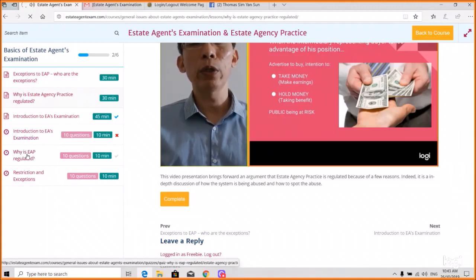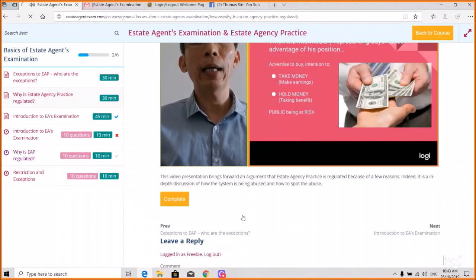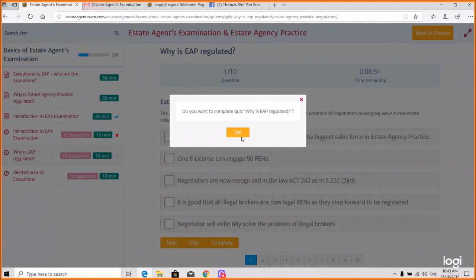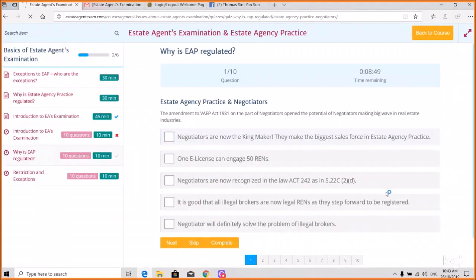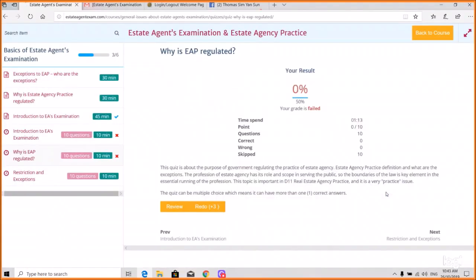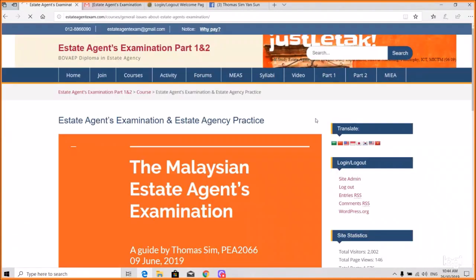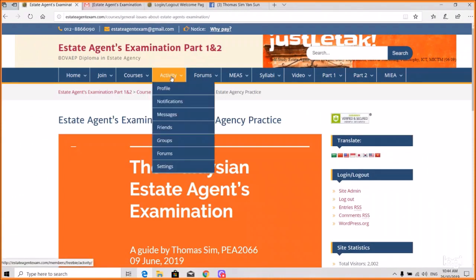He wants to, so like now I'm clicking the question, why is estate agency practice regulated? And then straight away I go to the questions and then complete the questions. Of course, I have not answered any questions, so it will be 0 marks and I failed. You can complete the whole process until you complete, and then it can be recorded as you log in to this particular pull down. So you can actually see your courses